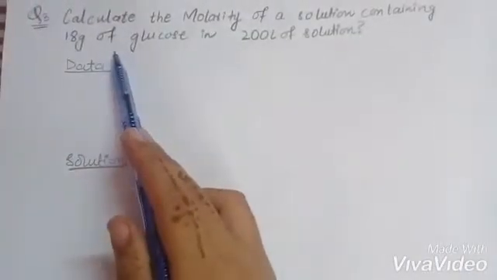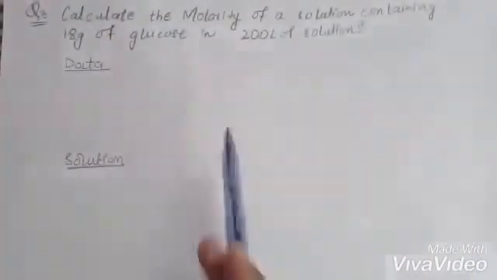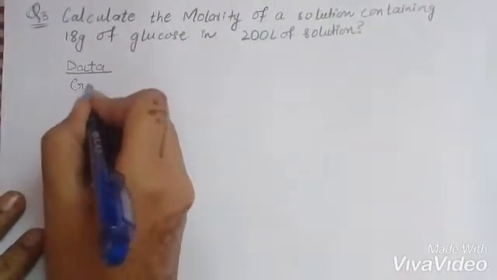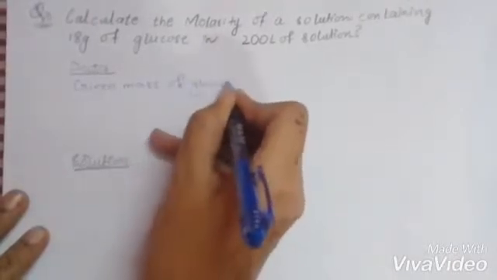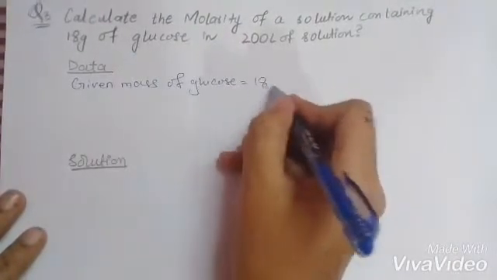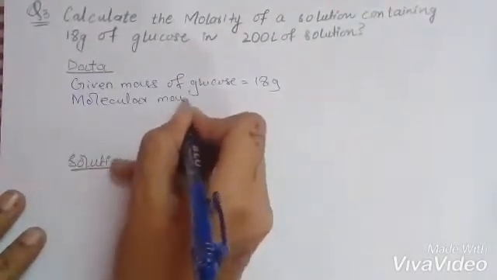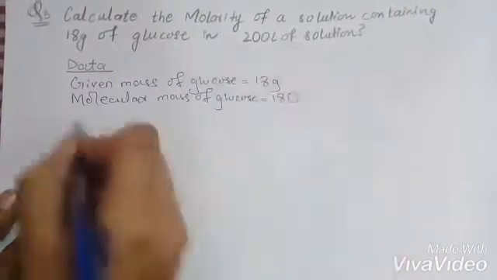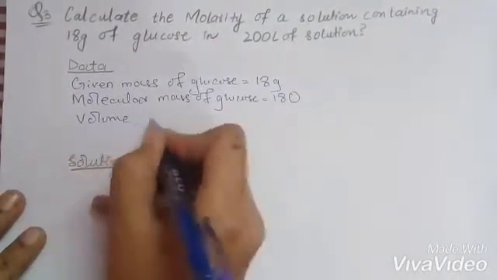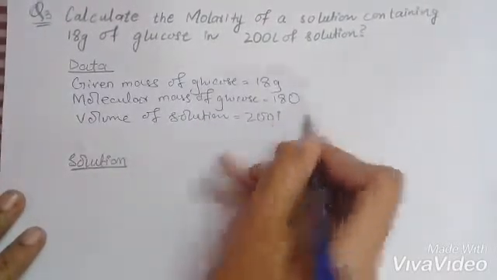Here is the third question of molarity. Calculate the molarity of a solution containing 18 gram of glucose in 200 liter of a solution. Grams are given, volume is given but in liters. We will write given mass of glucose, that is 18 gram, molecular mass of glucose is 180, volume of solution is 200 liter or in dm cube,